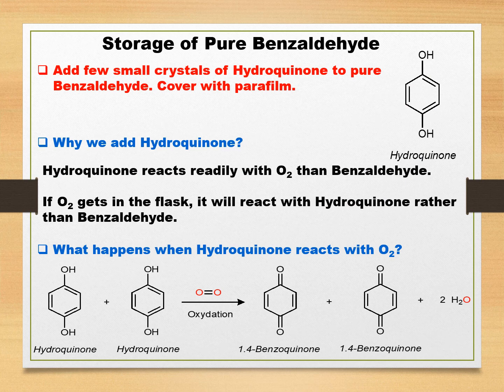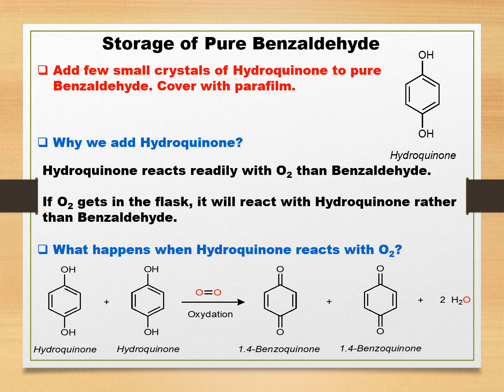Now, once we purify the benzaldehyde this way, again the problem comes, because as far as we are working under normal environments, we must expect that the benzaldehyde we purified can be recontaminated again anytime when it is exposed to atmospheric oxygen. However, we have a good solution also to prevent that, and that is to add hydroquinone into the benzaldehyde solution. Why? Because when oxygen contaminates the bottle of the benzaldehyde, the hydroquinone will react faster than the benzaldehyde,